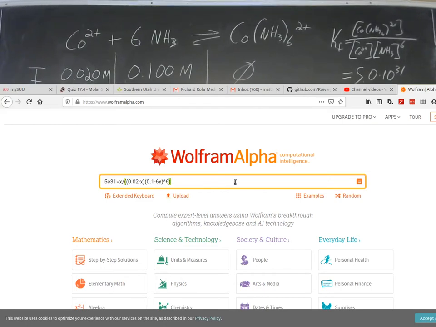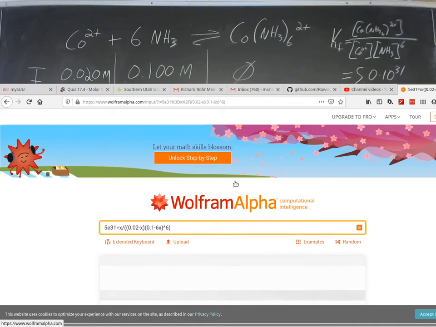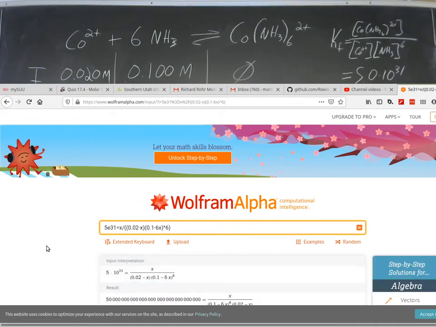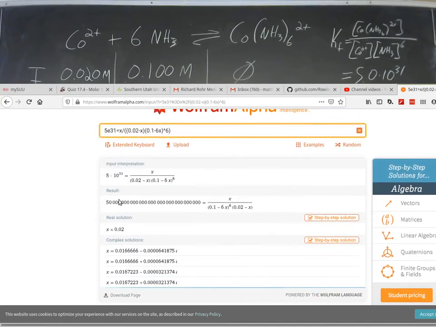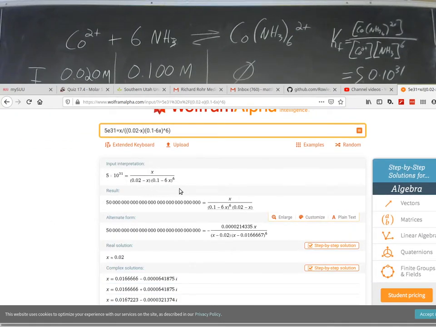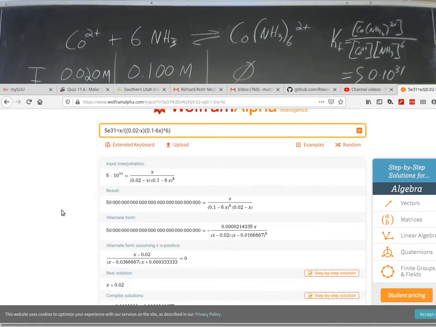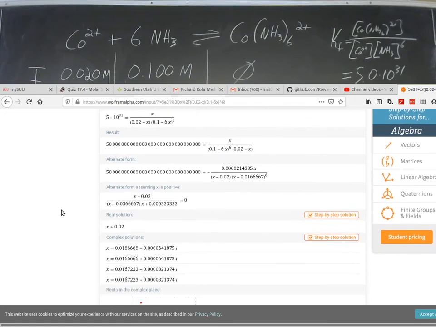We'll hit enter and we'll let the computer do all our work for us. We can double check that everything was input correctly, and I think it looks fine. And we come down here and we get a solution that x is equal to